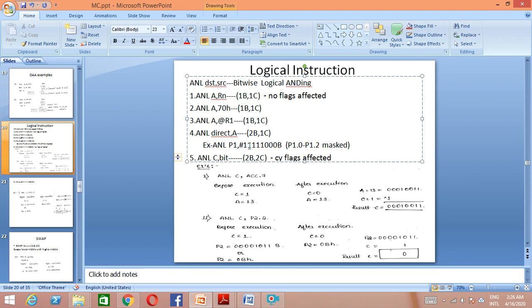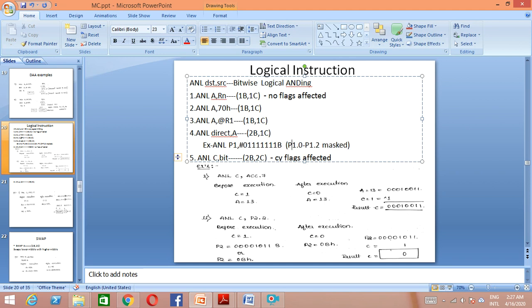On the P1 port you are going to mask these 3 bits. This is the 0th bit, the first bit, second, third, and so on up to the 7th bit. When you perform this operation, if suppose I do it like this, all bits are 1 and only the last bit is 0.